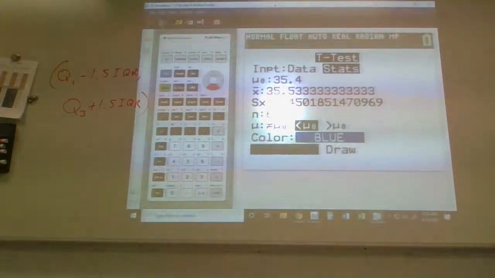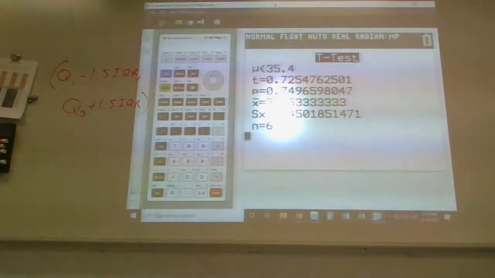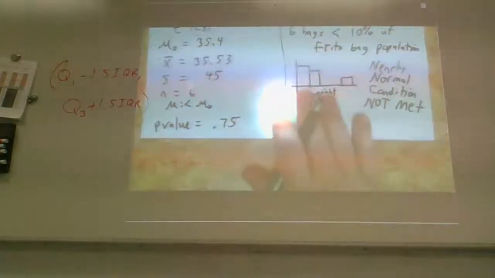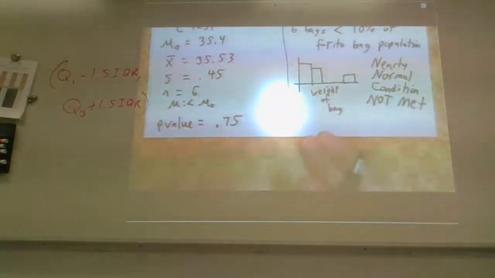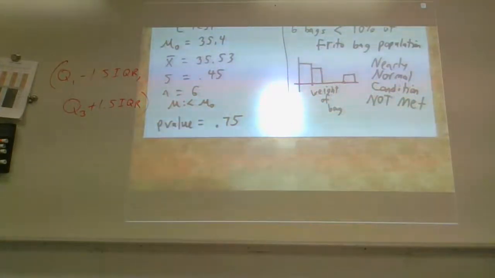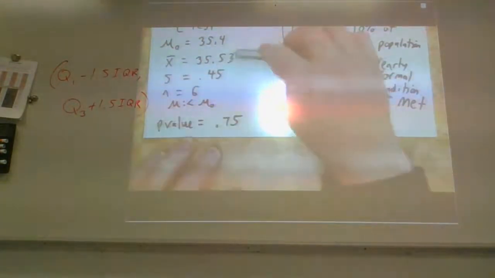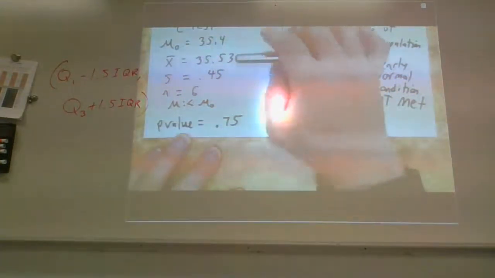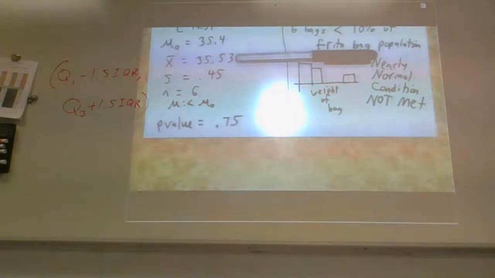Let's calculate it and see what happens. Ho-ho! A p-value of 0.75. Holy crap. 0.75, man. Yeah, I would definitely fail to reject. I don't have any evidence. Well, no, I shouldn't say any. But I have extremely weak evidence, especially considering the fact that the sample mean was greater than the null hypothesis. Clearly, I got a p-value that large.